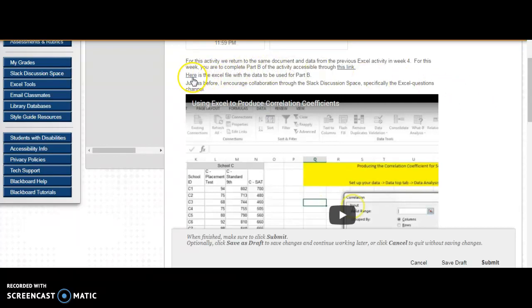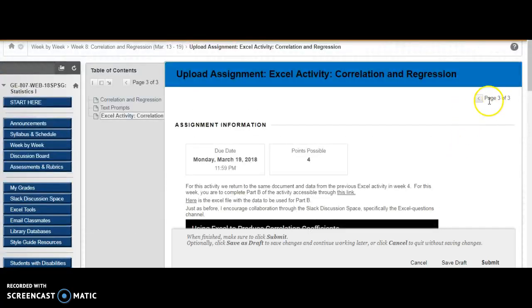There's also a link here to the Excel file that has the data. And this is the next step in that set of data that we used previously. I added SAT scores now, and you'll see it's on the second tab when you open that up. If any of you have any questions with this, let me know. And again, I encourage you to use the Slack discussion space, work together on this, collaborate, and I'll chime in too when needed. And then the third part,